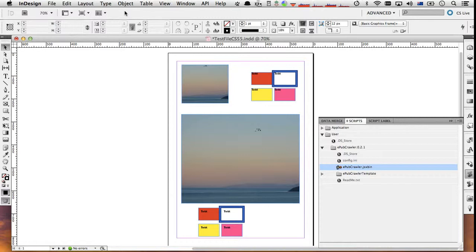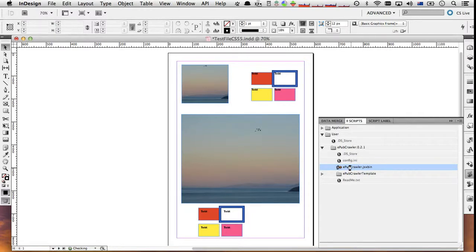When you refer to a paragraph style, you're essentially calling in a whole lot of settings and configuration options like font and font size and color and so on under one name. And ePubStyles are essentially the same thing. A single name represents a whole lot of settings on how to convert a file to an EPUB. So when you decompress EPUB crawler, you can simply run EPUB crawler and it'll use an